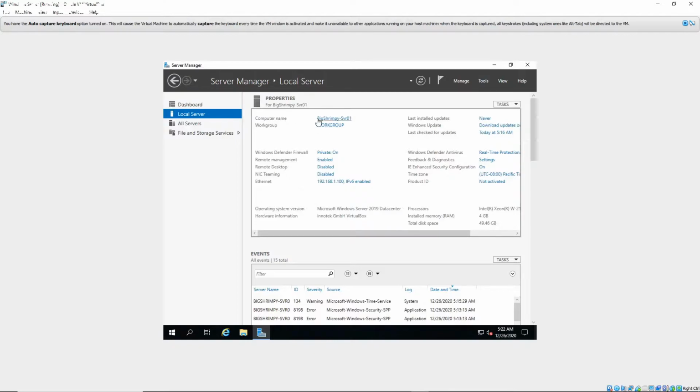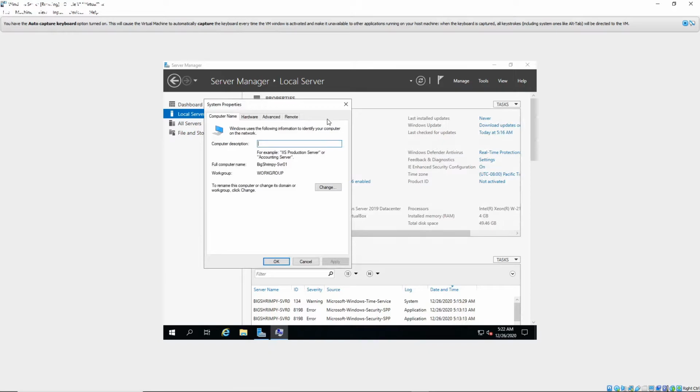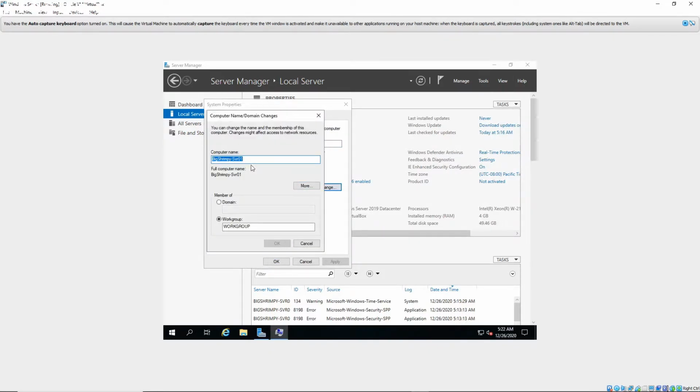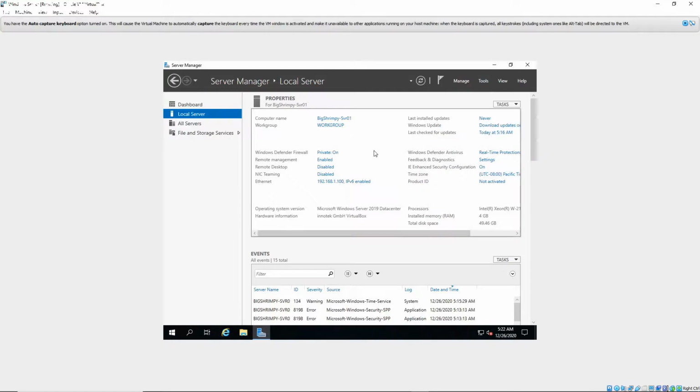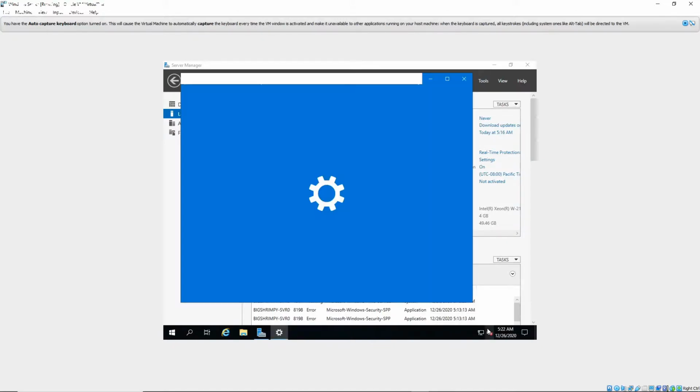You see up at the top, computer name. I've already changed mine, but what you'll do is click it. It'll bring you to this menu. You'll click change, and then you type whatever you would like the name of your server to be, and then click OK. Once you click OK, it'll reboot, and then we will go down to the network,